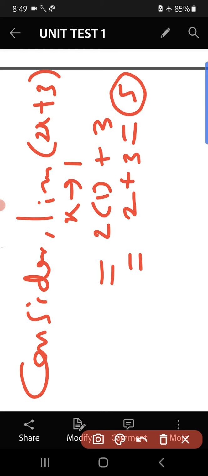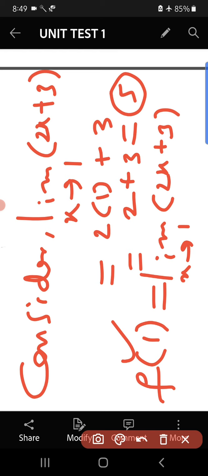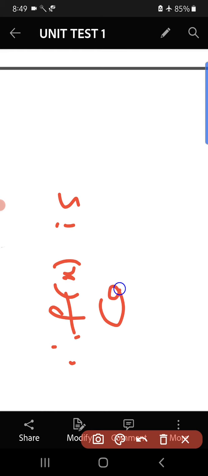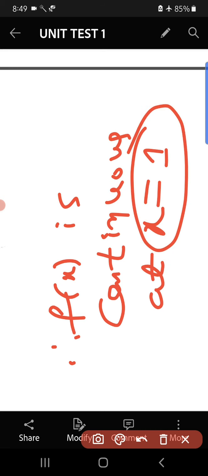So here we are observing that value of the function at the given point is equal to limit of the function as x tends to that point. See, value of the function at the given point, we got 5. Then this right hand side is also 5. Therefore, we can decide that the given function is continuous. So in the last step, we can write that the given function is continuous at x is equal to 1. So this is the complete solution for 10th problem.